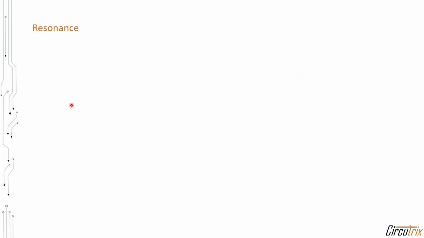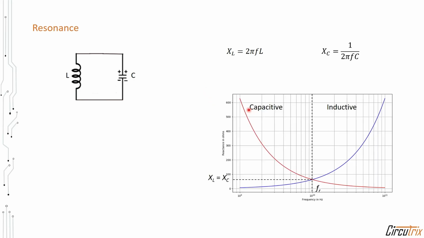Okay, so now we need to find out what is the frequency at which the circuit will oscillate. If we have a tank circuit with the value of L as the coil and C as the capacitance, we can calculate the impedance of the tank using these two formulas. As we plot the impedance across frequencies sweeping from DC to very high value, we can find out that close